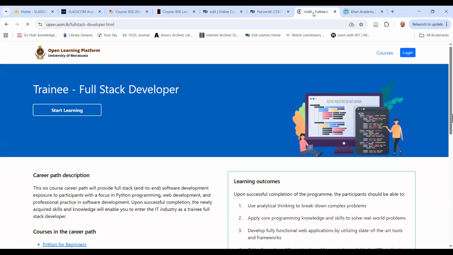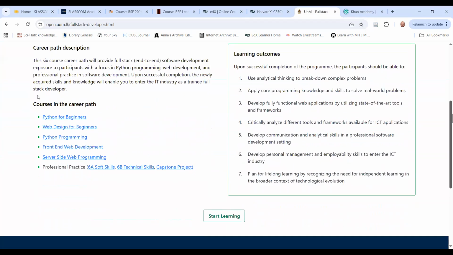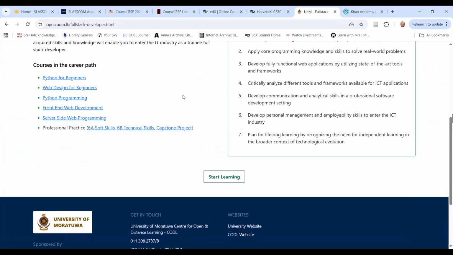Now, the University of Moratuwa in this country has developed a completely free course with these 6 components. Of course, these things you will also learn in your software engineering program. But if you want to know what software engineering is like, even before you register, you can go and look at this course. Again, it is completely free. You just have to create an account and start looking at it. And you can understand what these subjects are and what you have to do in software engineering.